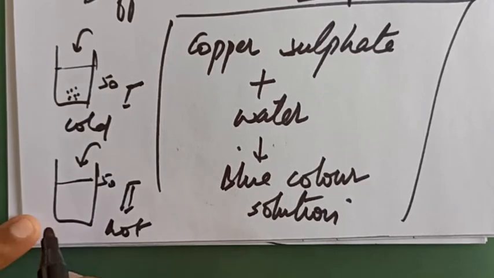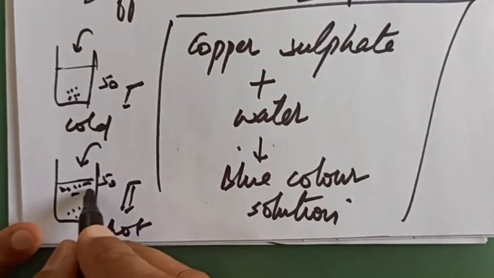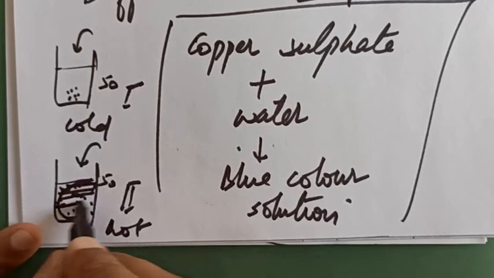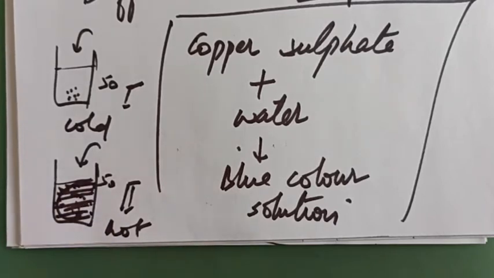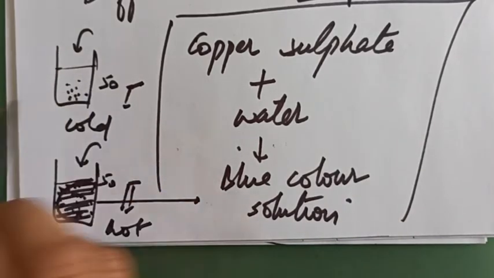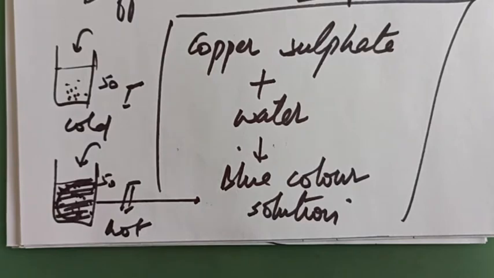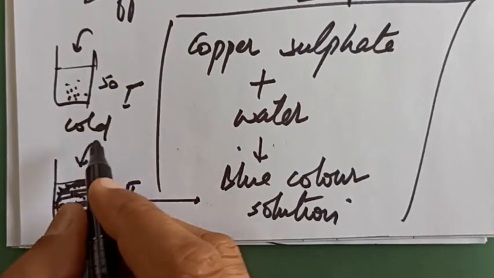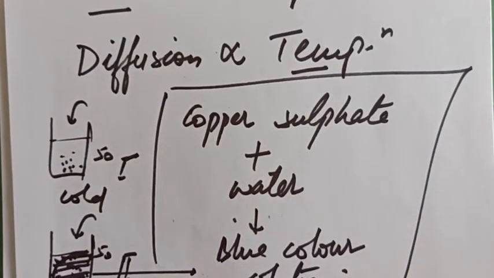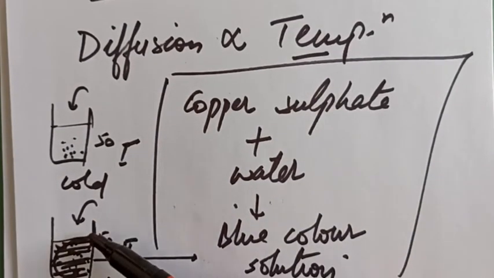If we add copper sulfate in the second beaker, which has hot water, it will spread in a fraction of a time in the whole water, and the solution will become blue in color. The first will also change to a blue color solution, but it will take some time. So we can say that as the temperature is higher in the second beaker,